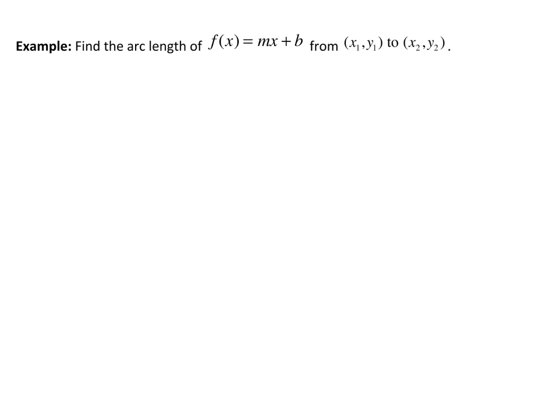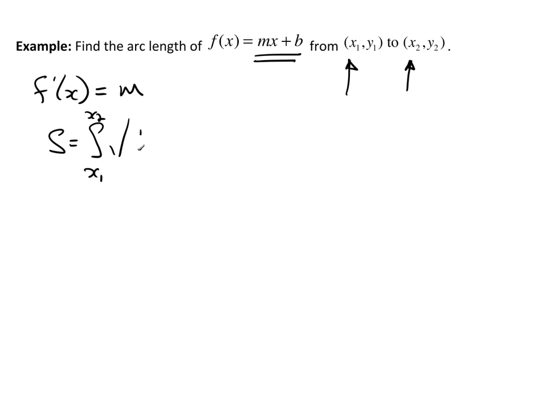Let's work out an example here. Let's find the arc length of f of x equals mx plus b from x1, y1 to x2, y2. Okay, so if f of x equals mx plus b, then that means that f prime of x is simply equal to m. So the arc length, s, will be equal to the integral from a to b. In this case, it's x1 to x2